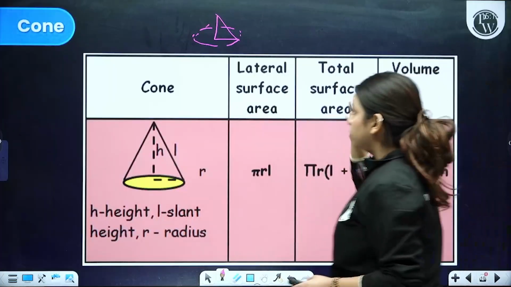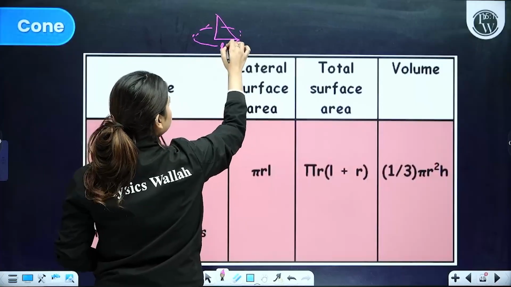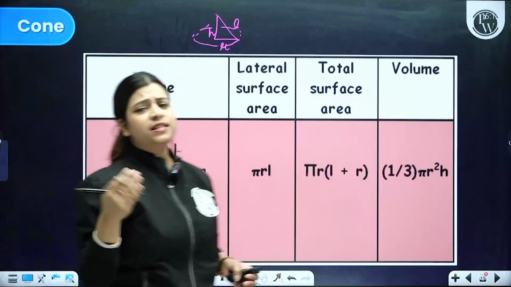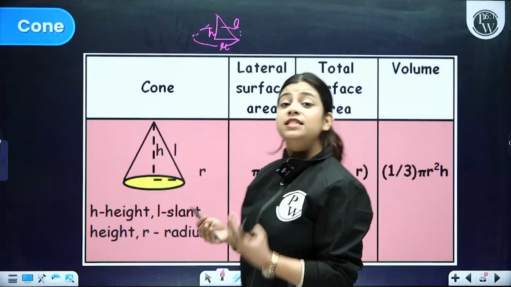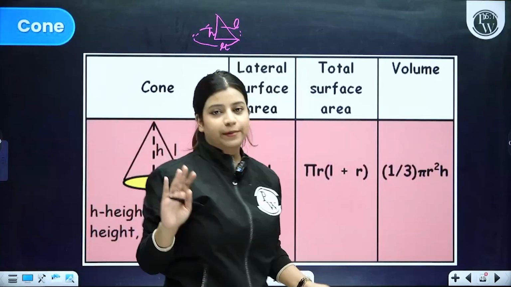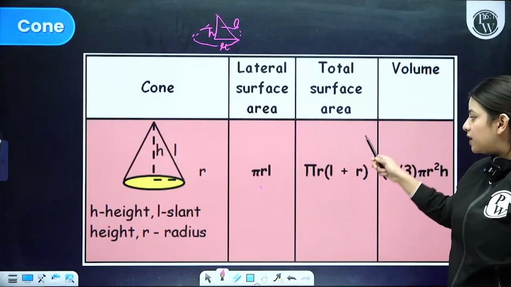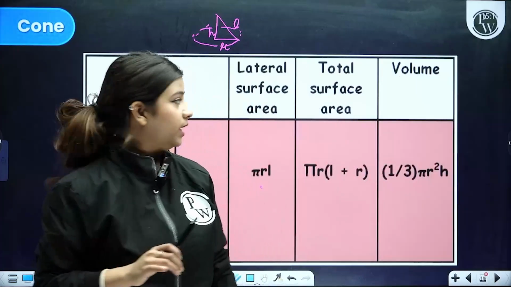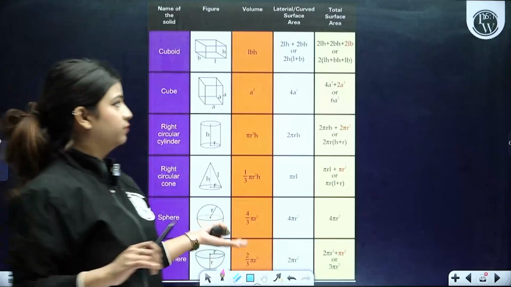So this particular cone has three things. If you talk about base, perpendicular, and hypotenuse, here they are referred to as radius, height, and slant height. Same as the hypotenuse is calculated by under root of b square plus p square, similarly your slant length, that is L, can be calculated by under root of r square plus h square. So the lateral surface area is given by pi r L, the total surface area is pi r (L + r), and the volume is 1 by 3 pi r square h, right? So this is your overall sheet for your formulas and everything.